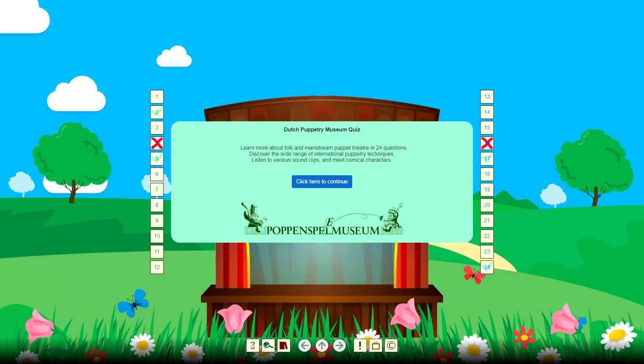Puppetry Museum Quiz Instructions. Tap on the touch screen with your fingertip. The game can begin. Then tap on any numbered box and on the correct answer. The sound of the puppet theatre bell and a green check mark will indicate that the answer was correct. If the answer is wrong, a red cross will appear and the sound of young Klaassen hitting his club can be heard. Mistakes can be corrected.